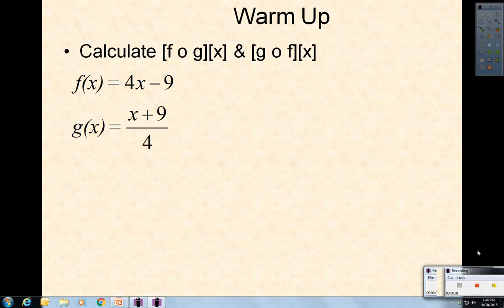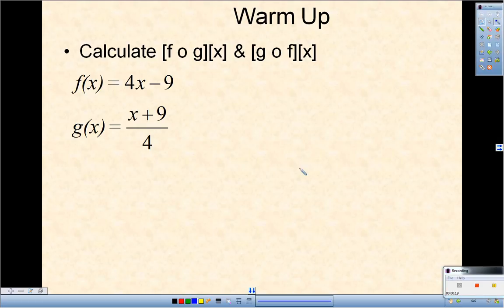Alright guys, let's take a look at your warm-up. For your warm-up, it wants you to calculate f∘g and g∘f. I'm telling you that f(x) is 4x minus 9, and g(x) is (x plus 9) over 4. Go ahead and copy down the problem, and then I'm going to divide my workspace into